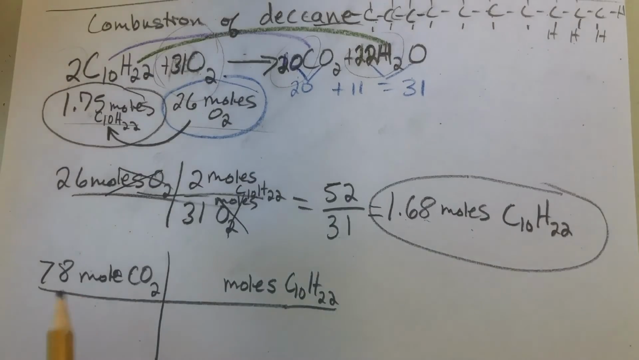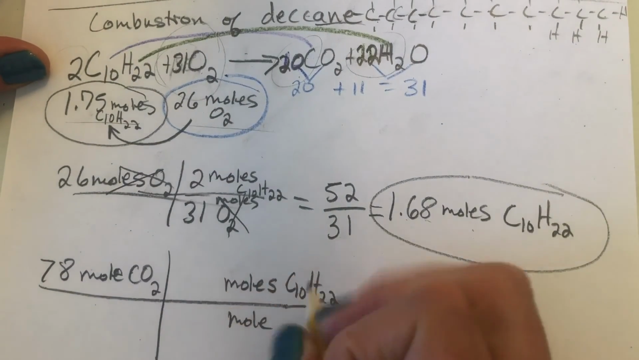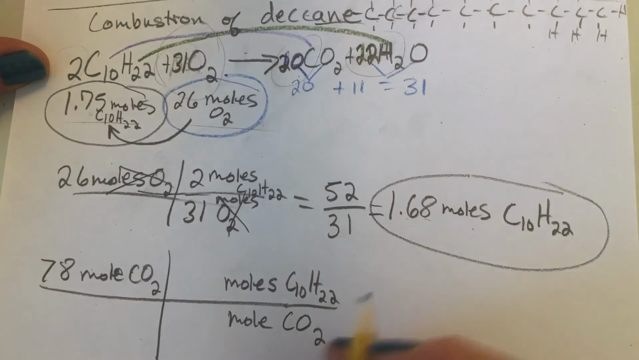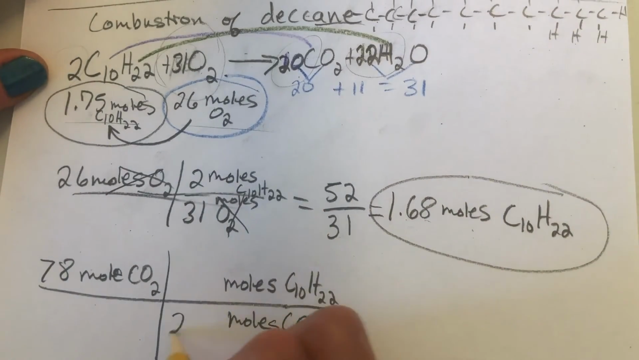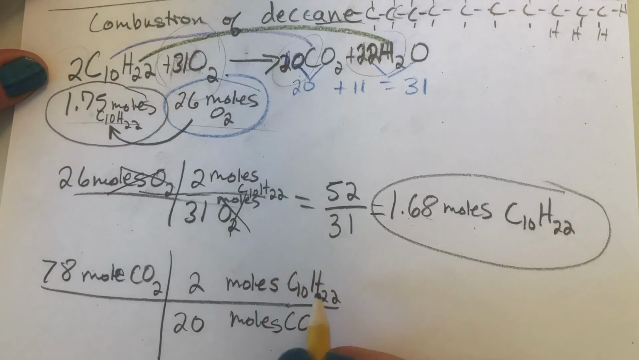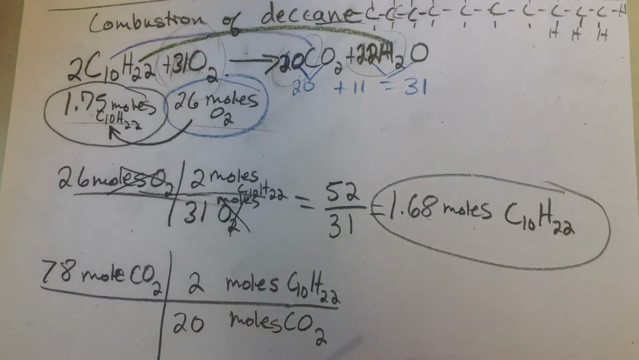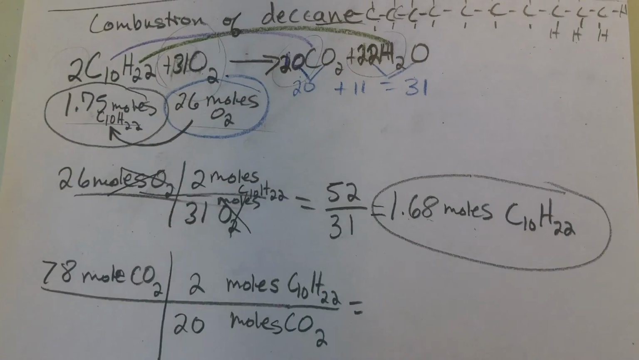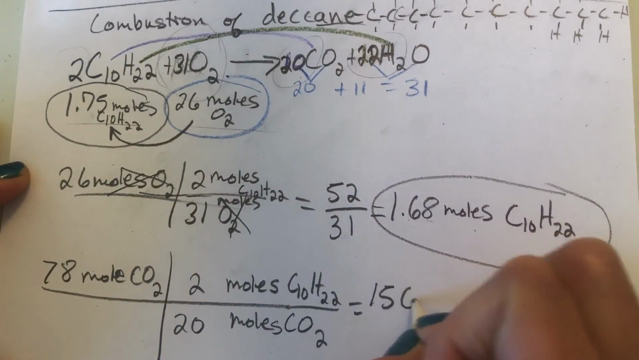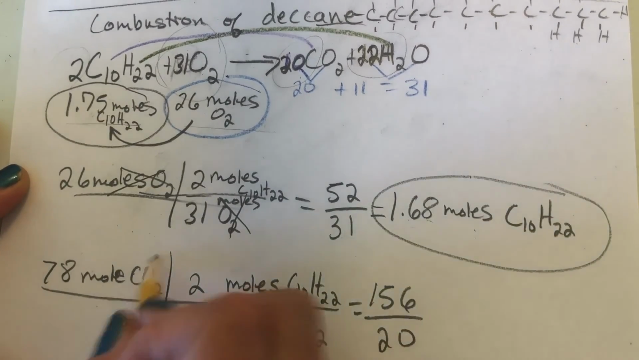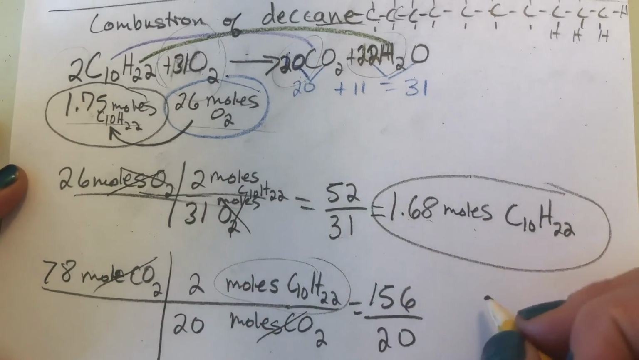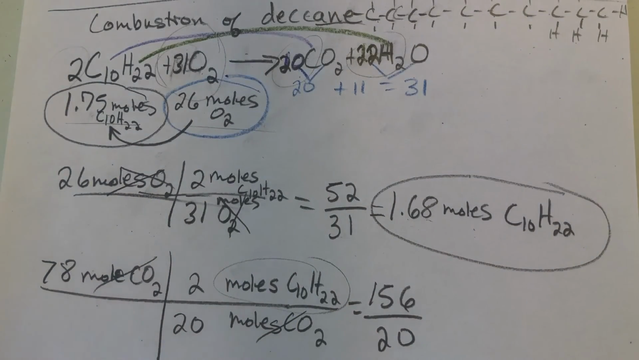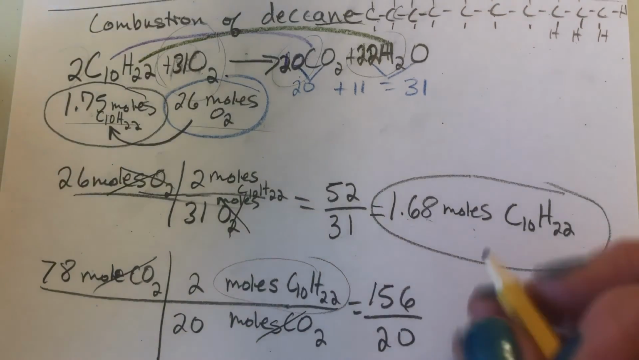Okay? So yeah, this is just a review of converting. Put your coefficients here. I get a 20:2 ratio of CO2 to decane. Yeah, you could have changed that to 10:1. That's fine too. Multiply the tops, and let's see, you get 78 times 2, 156, divided by 20. And that'll give you, because these units cancel out, the moles of C10H22 that you're going to need to react fully and form that 78 moles of CO2. And if this is in the open air,